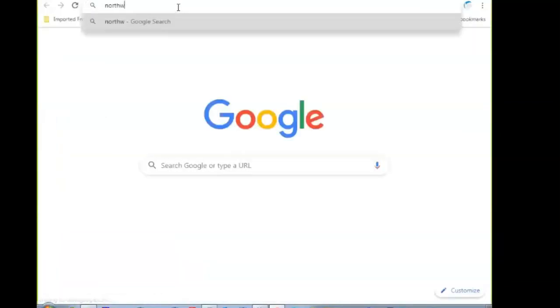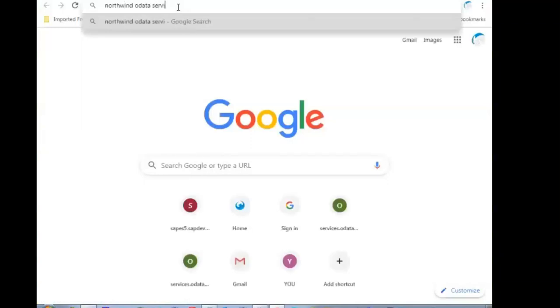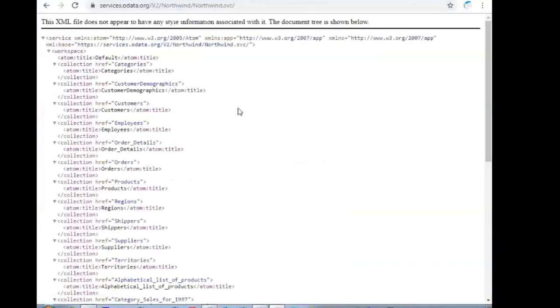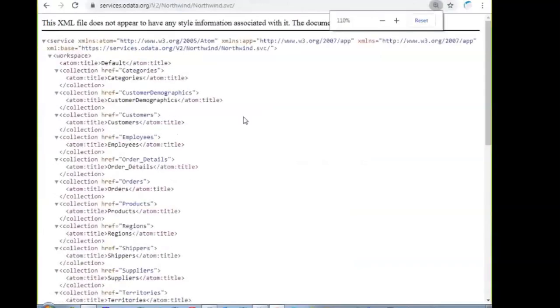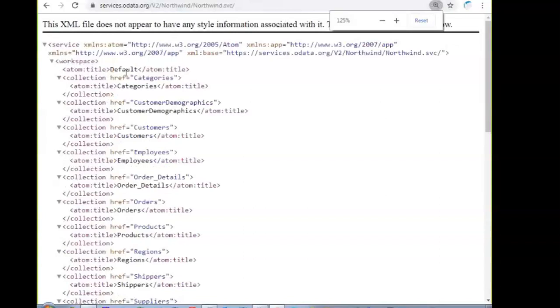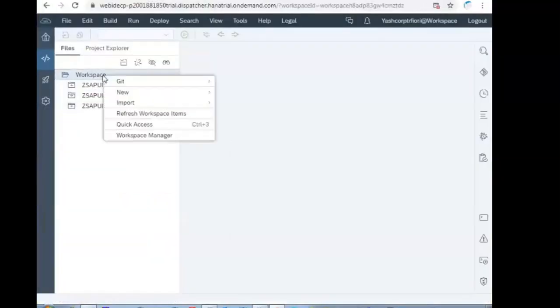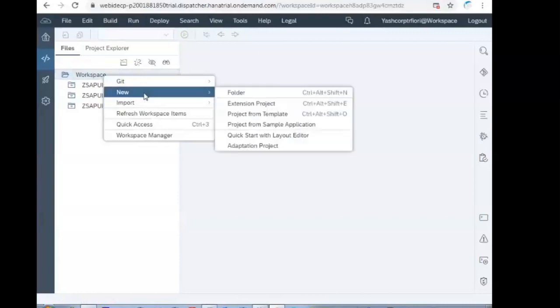We already configured this in the SAP HCP. Right click on the workspace, new project from template.